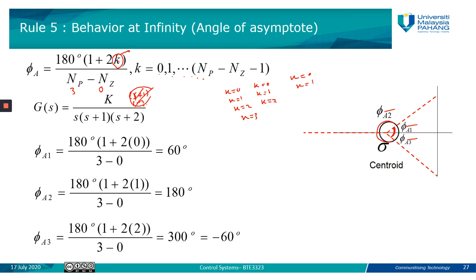If we substitute k equal to 0, 2 times 0 is 0, so we have pi over 3. This is the first angle, pi over 3. If I substitute k equal to 1, 2 times 1 plus 1 is 3, so it will be 3 pi over 3, which equals pi. So this is pi, 180. If I substitute k equal to 2, 2 times 2 is 4, 4 plus 1 is 5, so 5 times pi